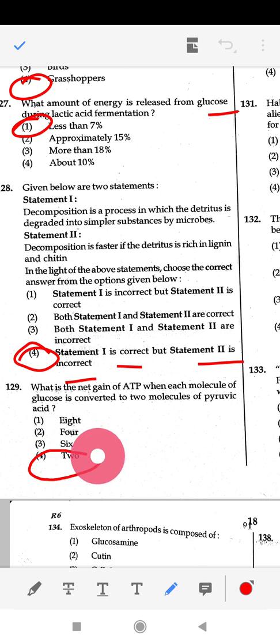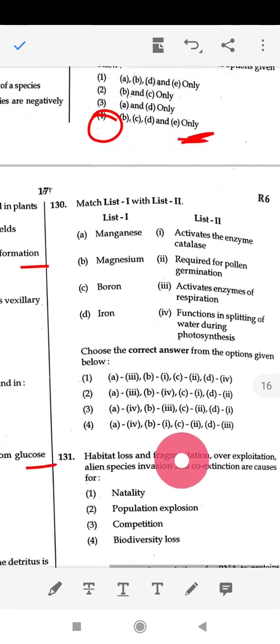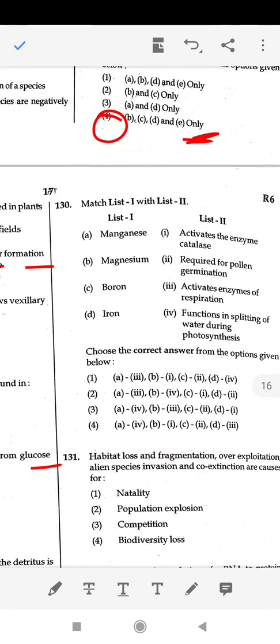Answer will be fourth option, that is 2. Next question is match list 1 with list 2. This answer will be